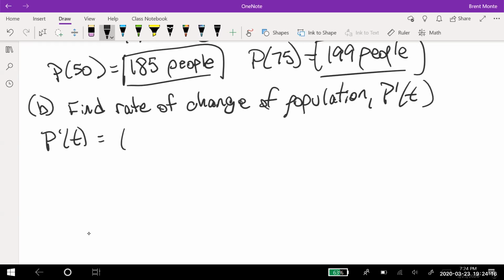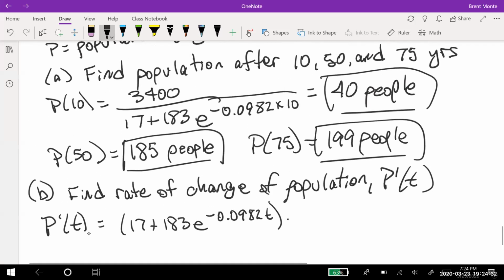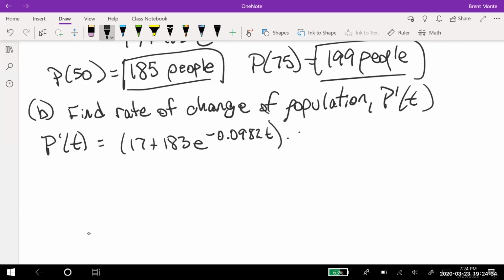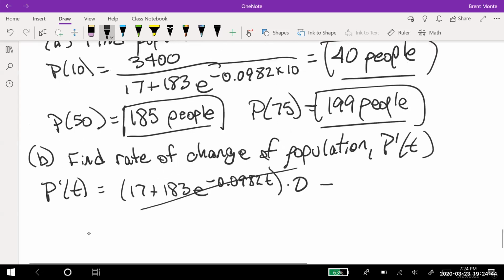Remember the bottom, 17 plus 183 E to the negative 0.0982 T. So low D high, well, the numerator was just 3,400. The derivative of the top is just 0. So this whole thing goes to 0 because you're multiplying by 0. So low D high minus high, 3,400,